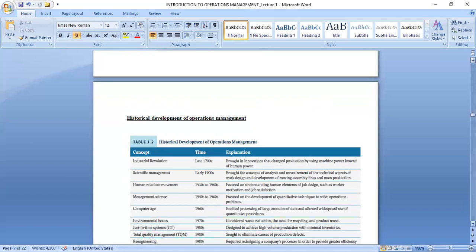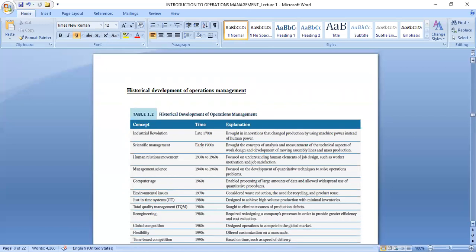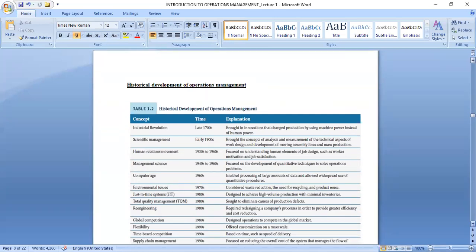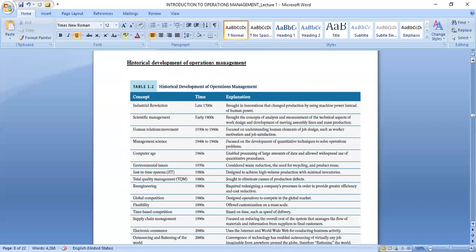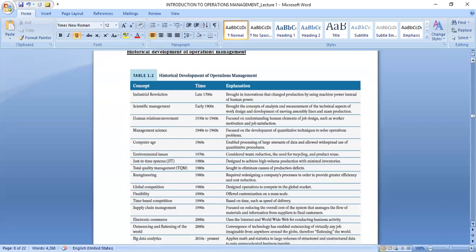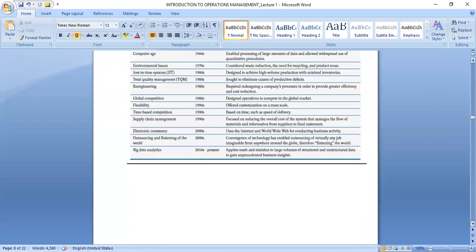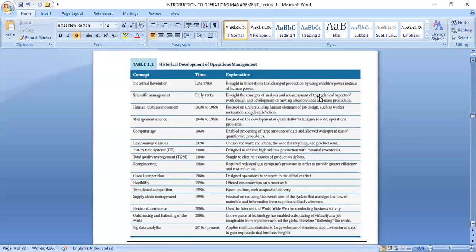So let's look at the historical development of operations management. How did operations management come about? How did it start? We want to look at how it started, and up to now, how operations management has been. So briefly, let's look at how this operations management